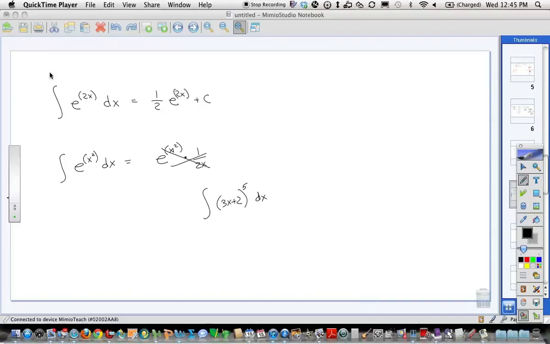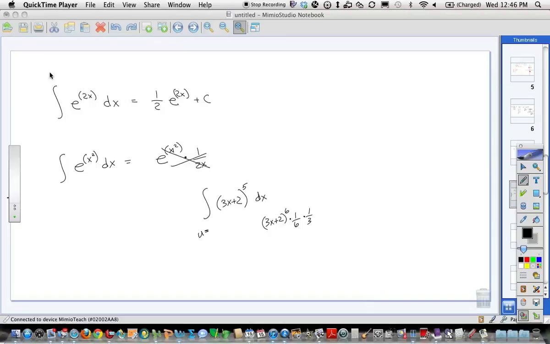Couldn't I just go to a power rule right now? This would be 3x plus 2 to the 6th times 1/6, or divide by 6. Also, I have to kick out a 1/3. That will do it. Now, some people won't be comfortable with that, and so I could do a u substitution,